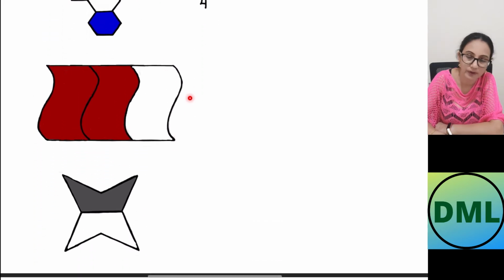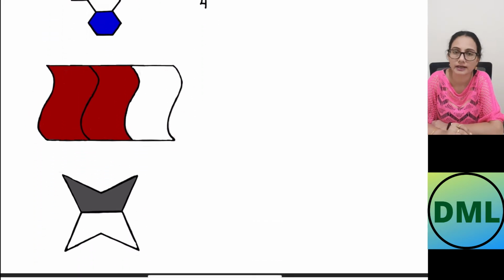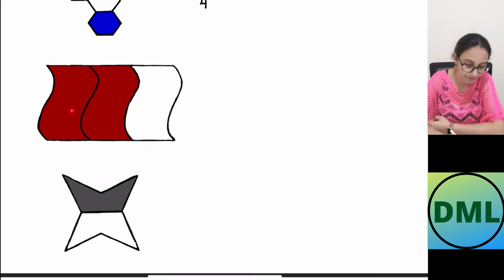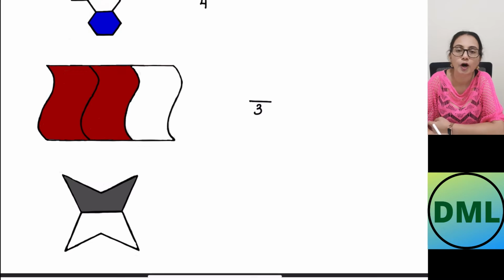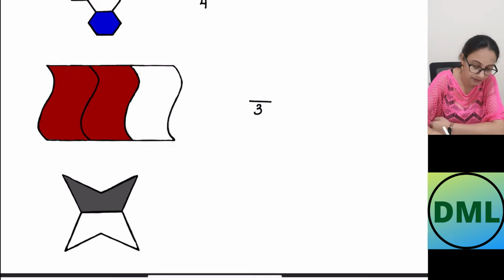This is the shape you have and we are looking for the colored parts. First we will look for how many parts I have. I have 1, 2, and 3 parts. So I will write down 3 in the denominator. Now I will look for the colored parts. How many colored parts do I have? Let's count it. I have 1 and 2 colored parts. So I will write down 2 in the numerator.